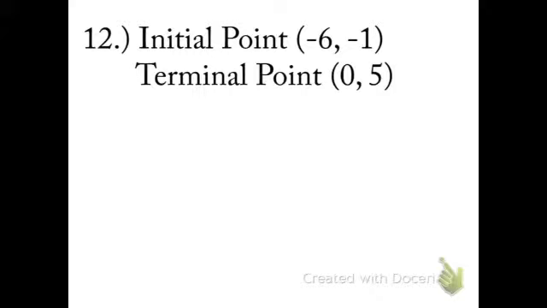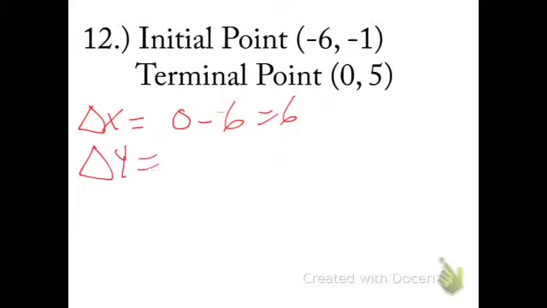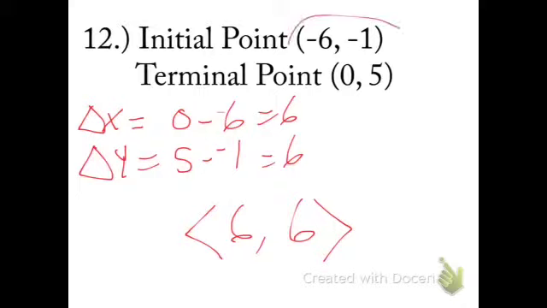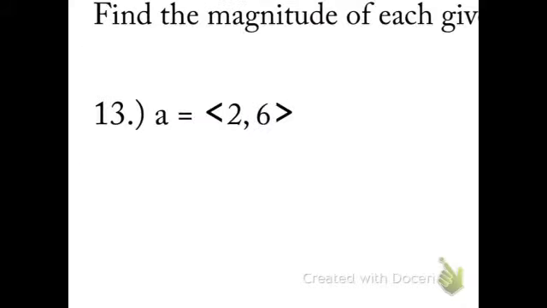And on 12, your change in x comes from the 0 minus negative 6, which is 6. And the change in the y comes from 5 minus negative 1, which is 6. And so this vector is increase x of 6, increase y of 6. And so you had to take both of those and add 6 to them to get your 0, 5 there. Okay, so that's all the